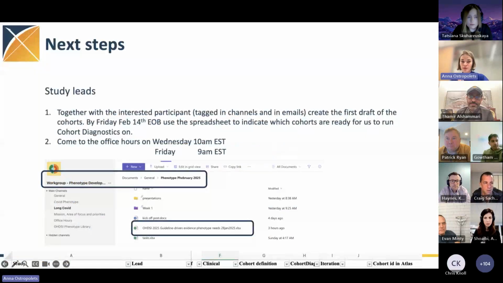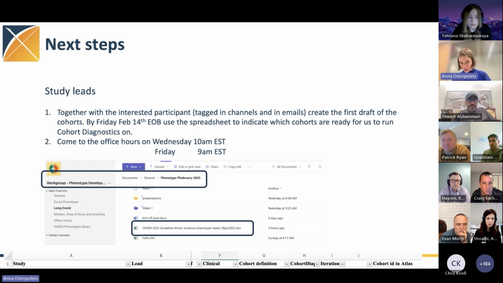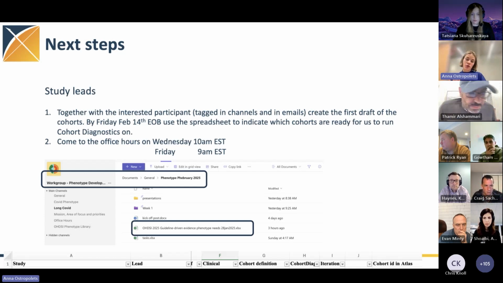For the next steps, for the study leads, we have a specific point in time this week as opposed to previous week. If you want us to run cohort diagnostics on your cohorts so that you can examine them and see what kind of patients you capture, we will need you to indicate in the spreadsheets which cohorts are ready by the end of the business day on Friday, so that we can run it over the weekend and discuss it next week. So for the study leads, please engage your